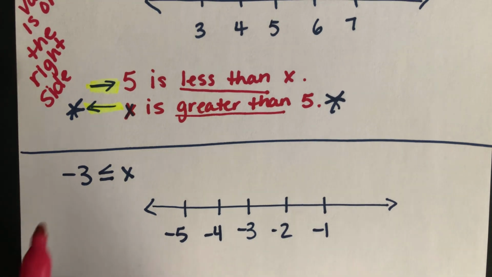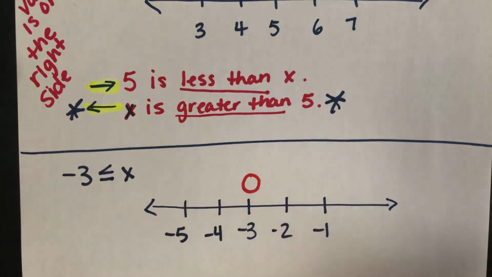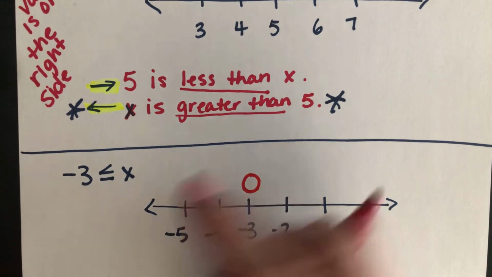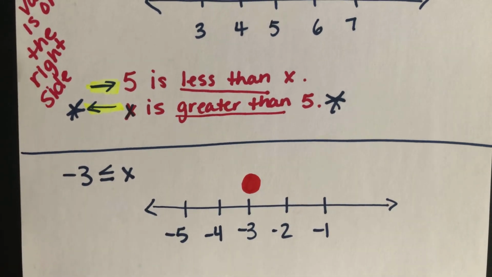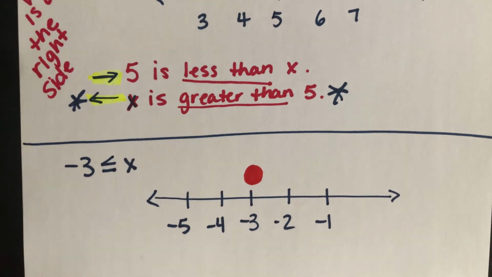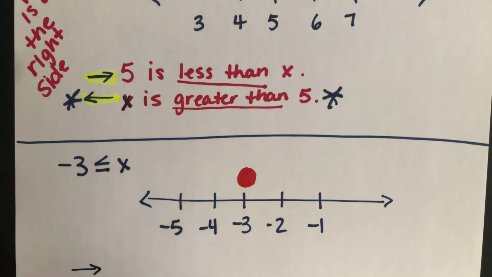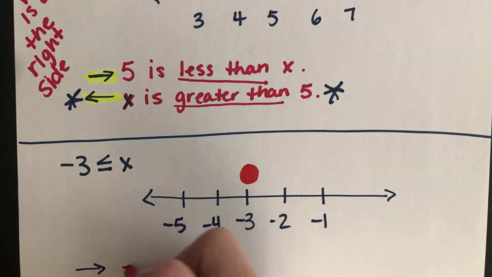So I'm going to start with -3. There you go, -3, there's my circle. Less than or equal to, it's shaded in, but my variable is on this side. So let's read it and see what we need to do. If I'm reading it from left to right, I read it as -3